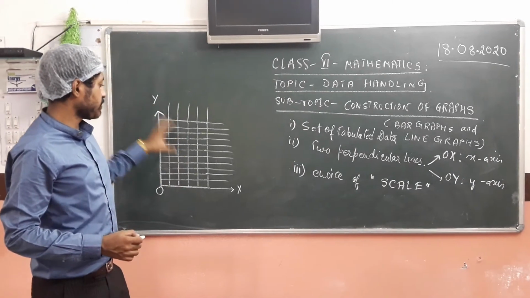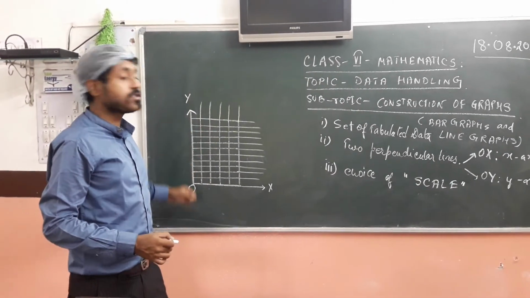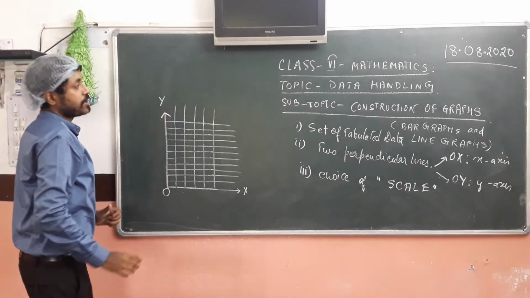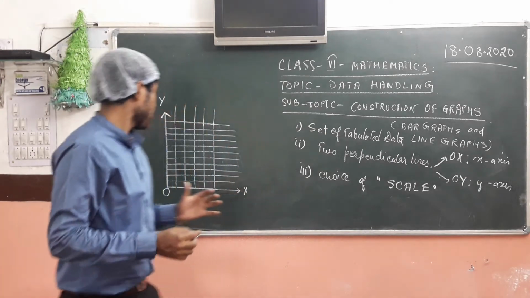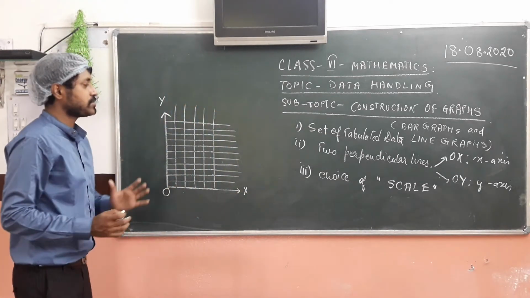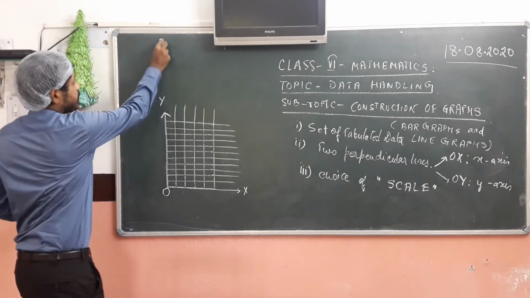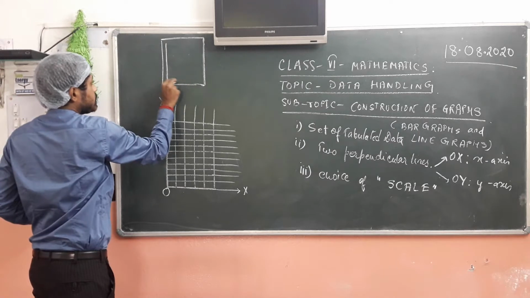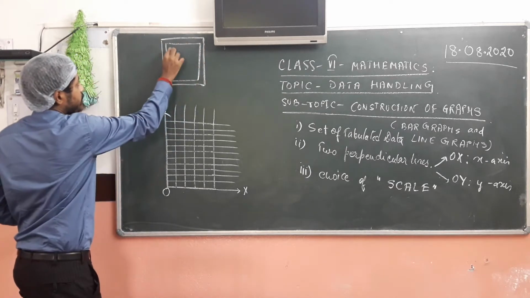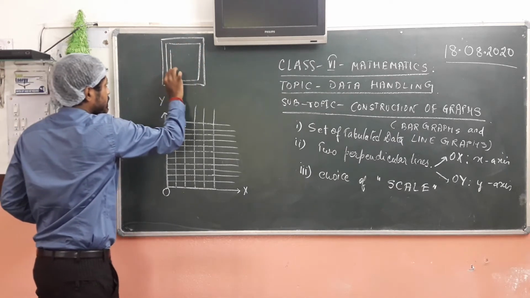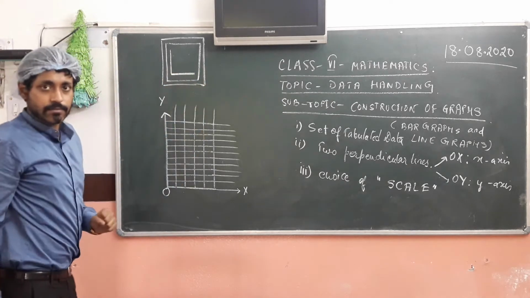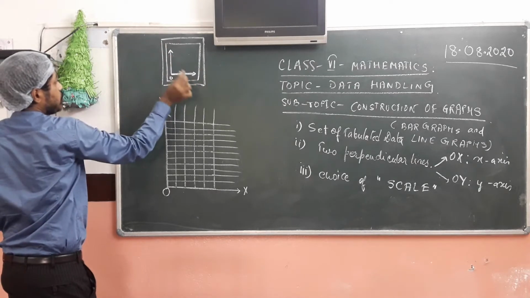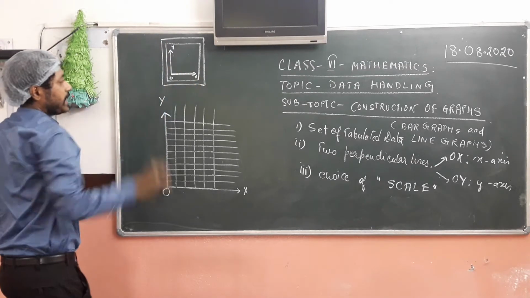In actual, you would have a graph paper, and these would be the very small squares that you are dealing with. You select any two lines on the graph paper, preferably towards the bottom left corner. For example, if this is your graph paper, this is the white portion and inside is your graph. You will draw the two perpendicular lines somewhere here. Mark it O as origin and X and Y.